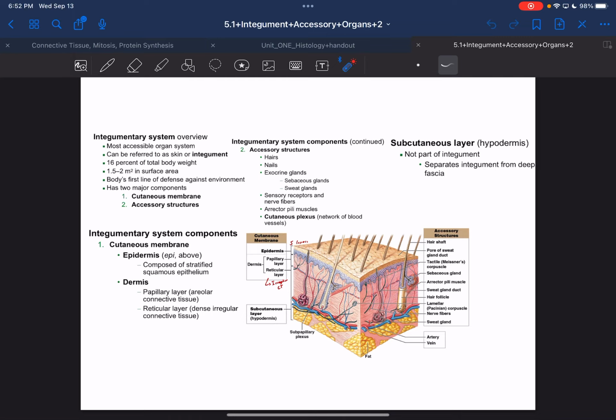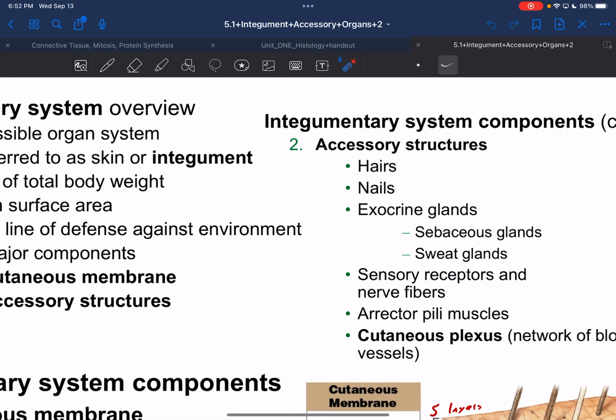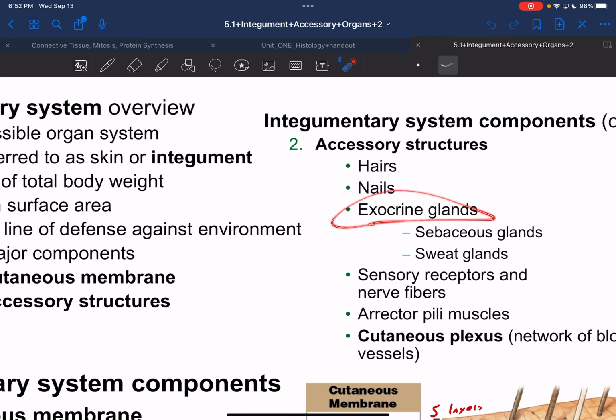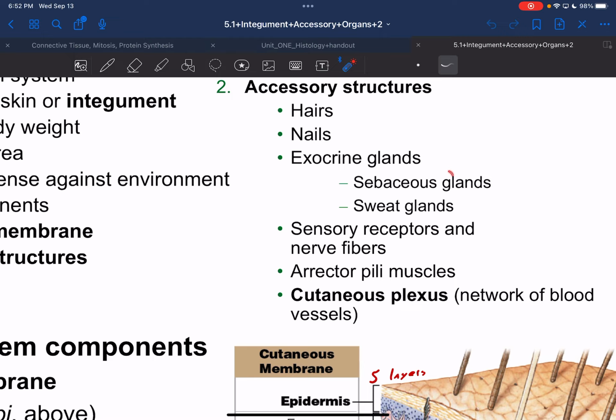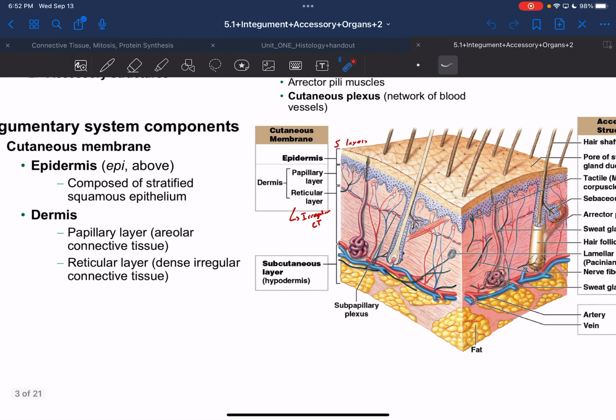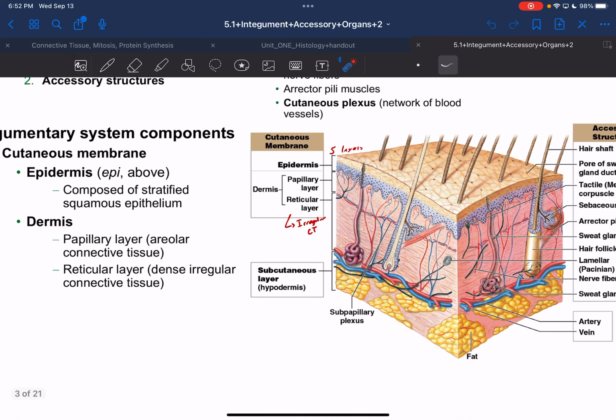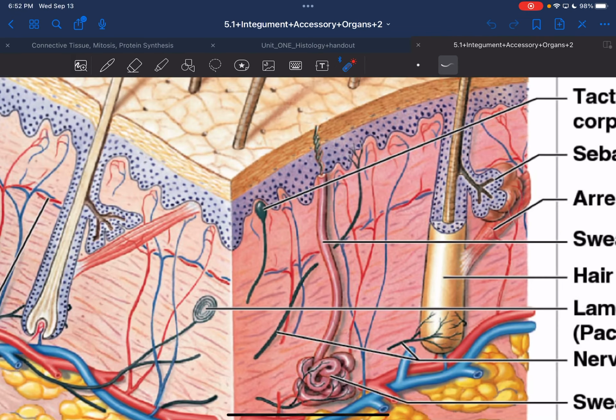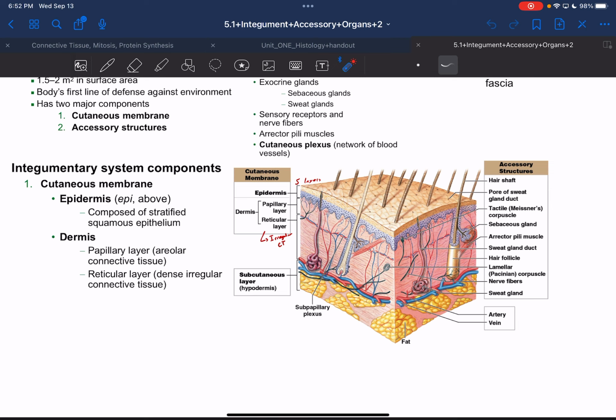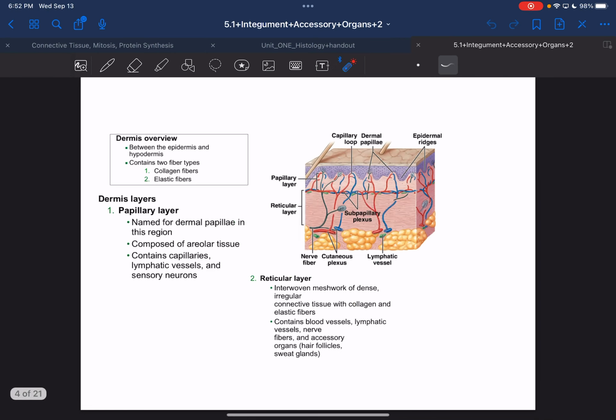And so with that, some things to introduce: remember that I say hair, nails, and exocrine glands are typically referred to as accessory structures, and they're going to include some of these glands. There's going to be different ones. They may look the same sometimes, but they may not be the same one. So we're going to make sure we explore those today as well. And so as we move forward,